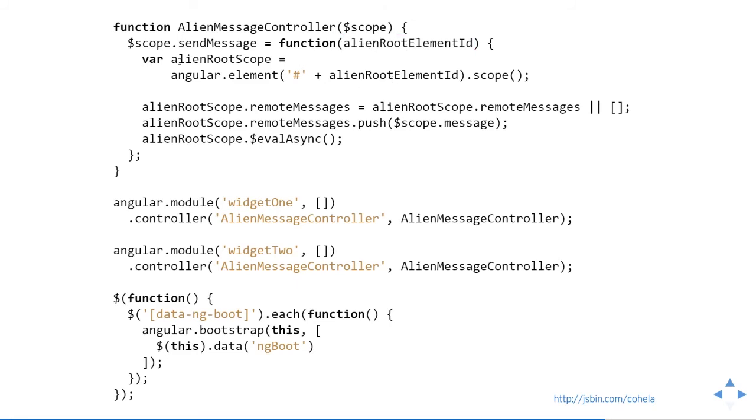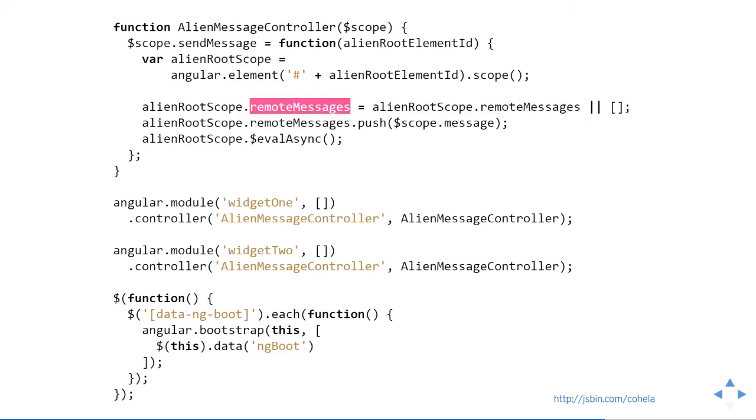Then inside we get the alien root scope, the other application's root scope, by executing angular.element, prepending a hash so it's an ID selector, and selecting this specific element. After that, we get the scope with $scope. And that's already it. Like this, we can call the function with the ID of a different module or widget, get the root scope, and start communicating. So in this example,